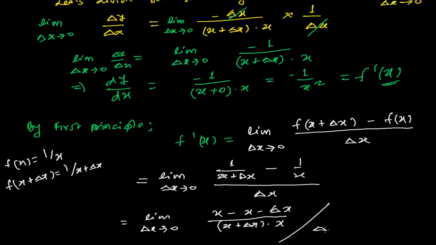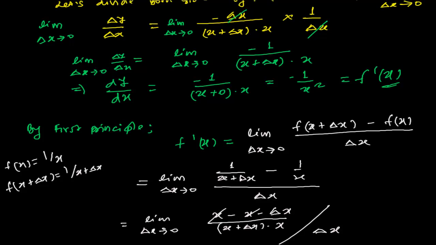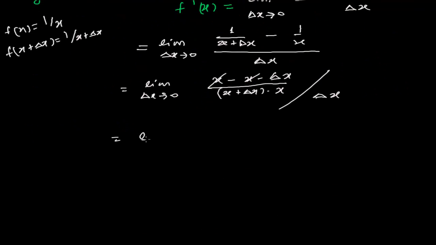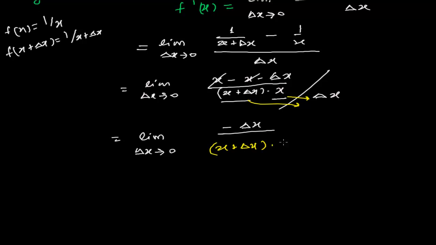Alright, and now see, this is cancelling out, and we are now left with limit delta x tends to 0 of minus delta x over these two things, we can put both of them down, so it will be x plus delta x times x